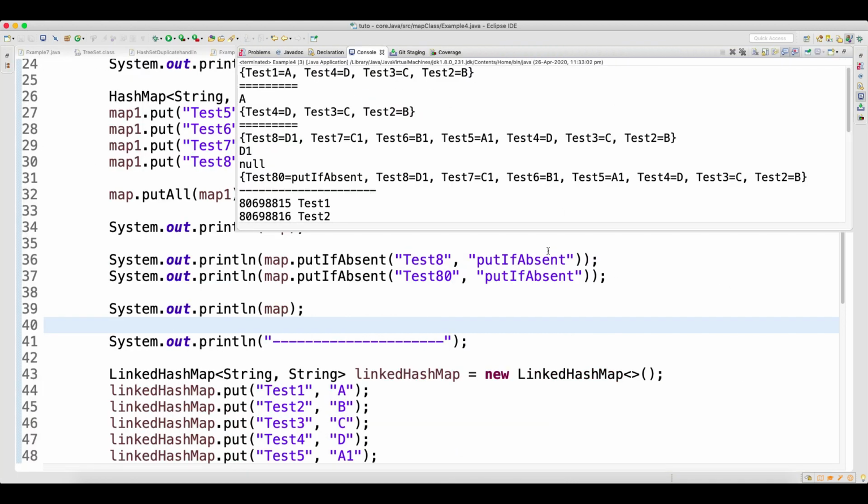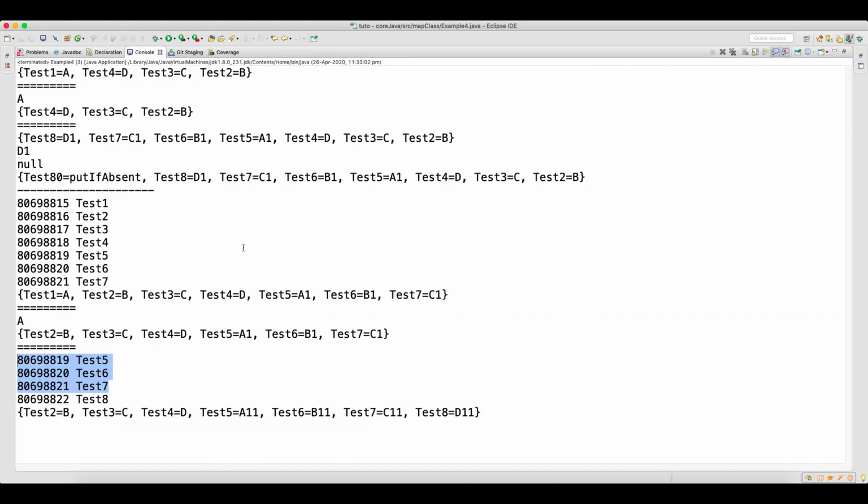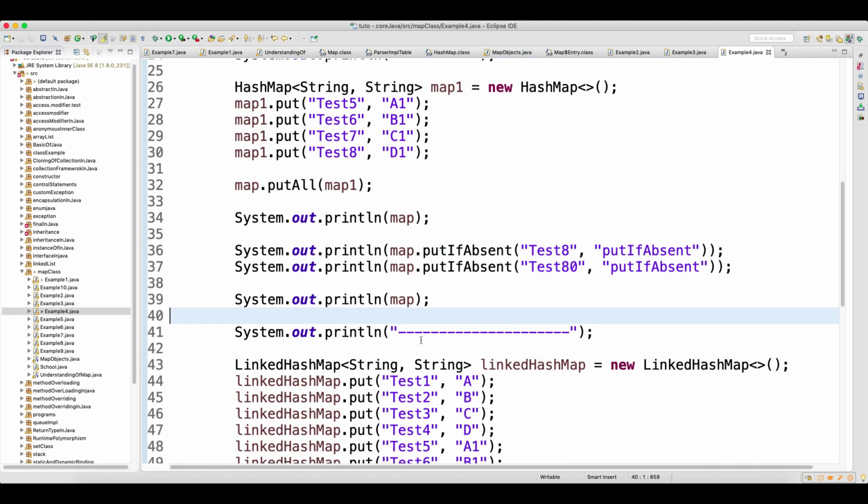That is the reason when you look at the output, what is happening is, in the beginning this was the output. Okay, for the 5, 6, 7 the values were A1, B1 and C1, but when we added the second linked map, what happened? The key is same, key is not getting changed. So if you look here, the key is not getting changed, 5, 6, 7, but the value is getting changed. The reason is your hash code is same, your object is also same. So as per criteria, this object will get replaced. That's what happens in the put method.